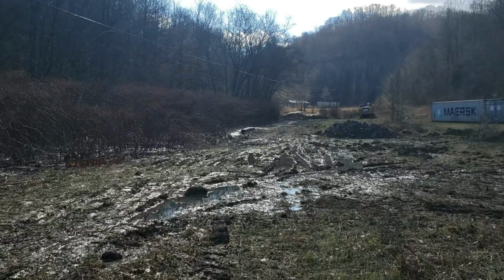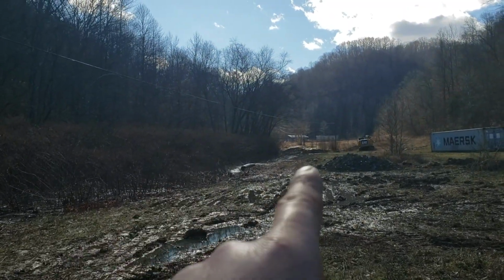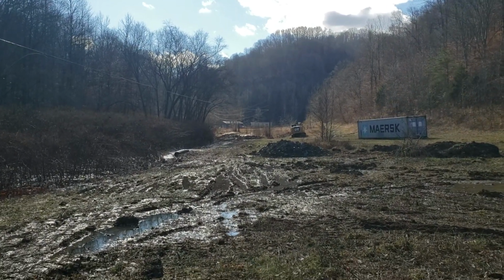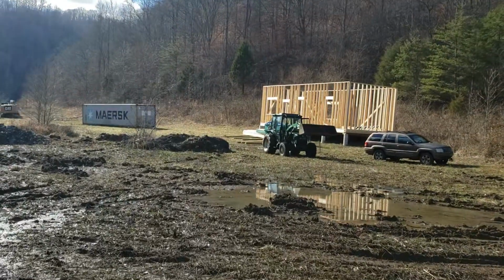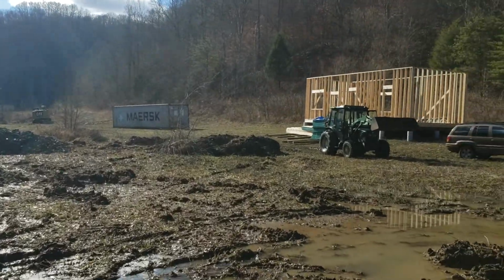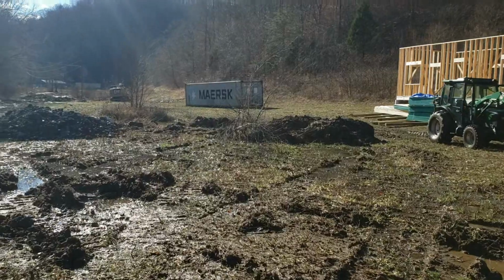but I can take loads with the bucket and start filling in the driveway. The driveway is going to go that way, and then there's a culvert pipe that's going to go underneath the driveway into the pond that will allow it to overflow, and it'll be directly in front of the cabin. I mean, we'll pretty much be able to walk across the driveway and go fishing or swimming. But it's filled up too. It was completely dry